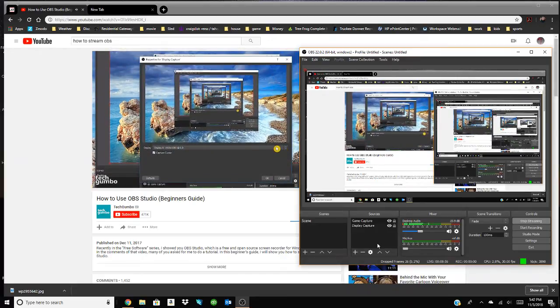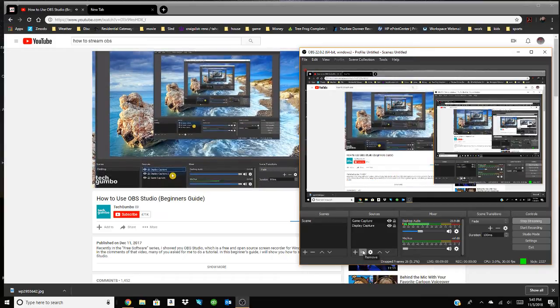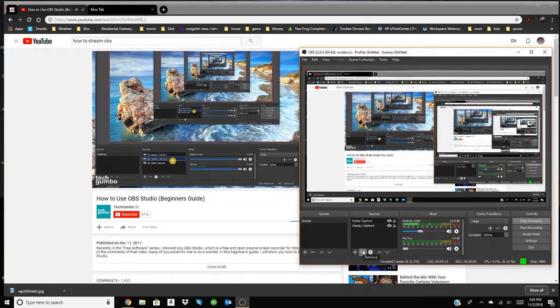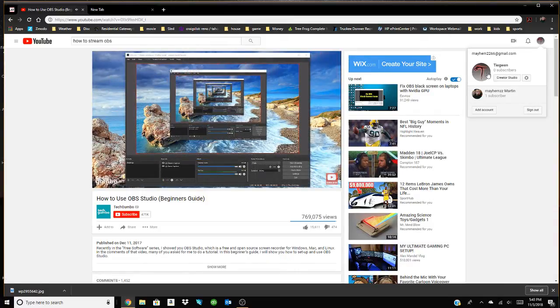Here you can change the display. To delete a source, select it, then select the minus sign. It'll ask you if you're sure you want to remove Display Capture 2. Select yes. And now it's gone. The up-down arrows change the priority of the sources. Make sure the source you currently want to use is at the top of the list. In addition to recording your display, OBS